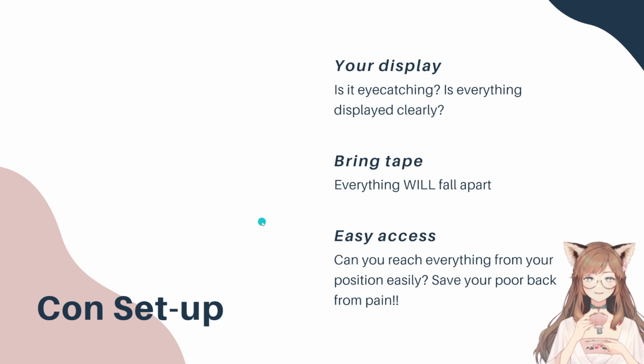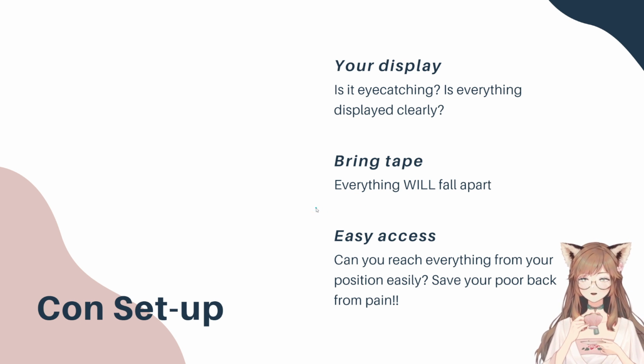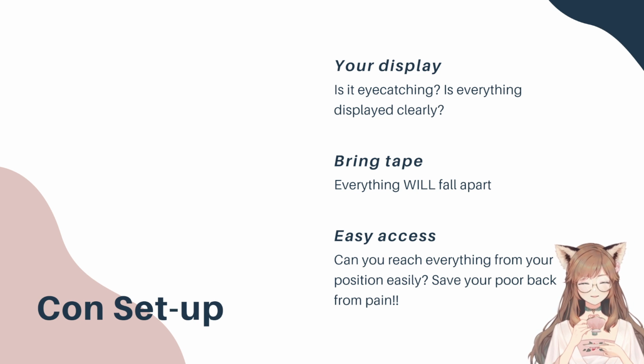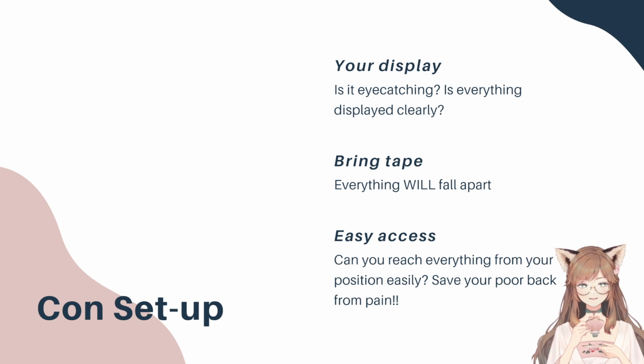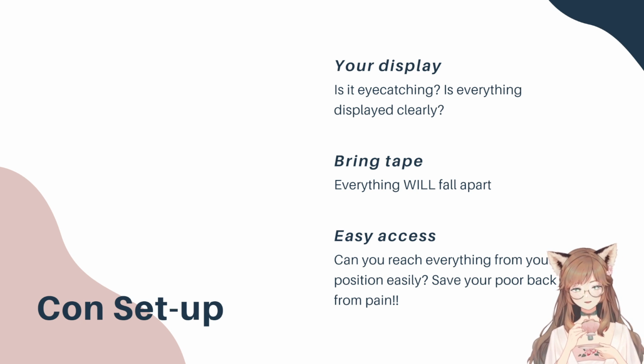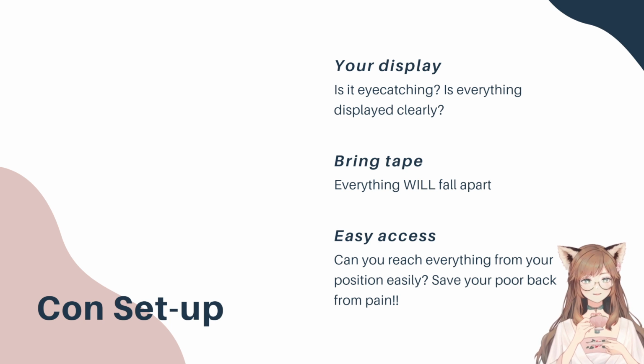And behind the table, behind the scenes, is everything within arm's reach? Because when the con is busy, you don't want to be getting up and wandering around behind the table to try and find everything. I like to have everything laid out around my chair so that I can just bend down, pick it up, no matter what it is. Save your feet, save your back. You don't wanna expend too much energy trying to find things.